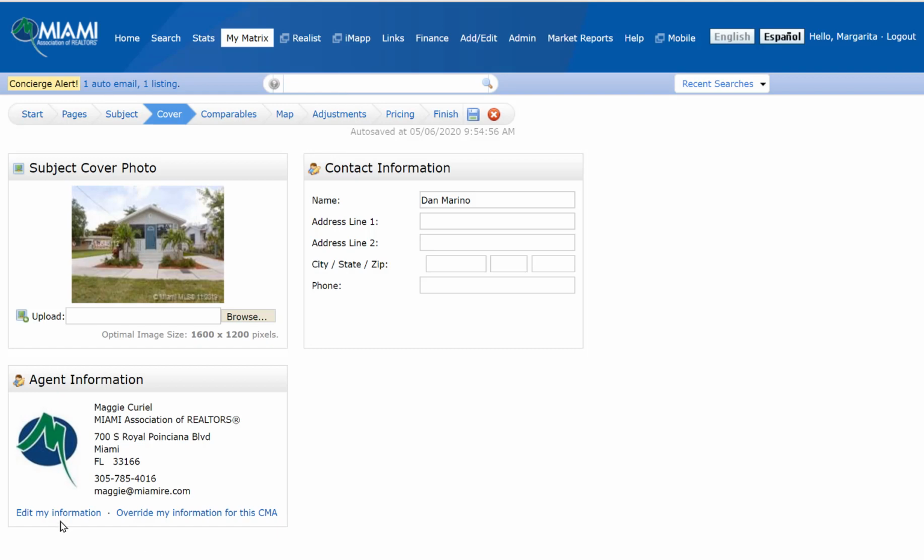You can also edit from here, and it'll kind of take you away for a second so that you can fix things and come back. And you can also override your information. It's a one-time override in case you want to add or remove certain things for this case. We can finish filling out the customer's information with the property address, and then we can move on to selecting